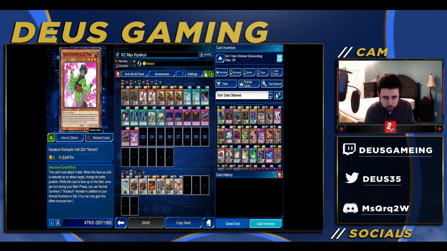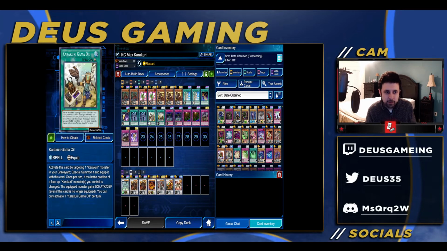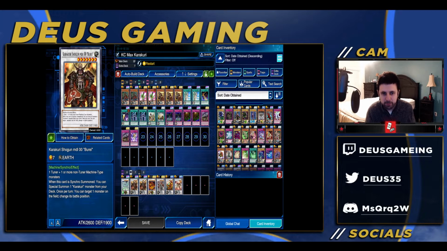So moving on, 1 Gamma Oil, I think it's good. 1 is more than enough, and it really helps out. You can use it in either of 2 ways. You can either bring something back and continue your combo plays, or, if say this guy goes to the graveyard, which happens a lot,